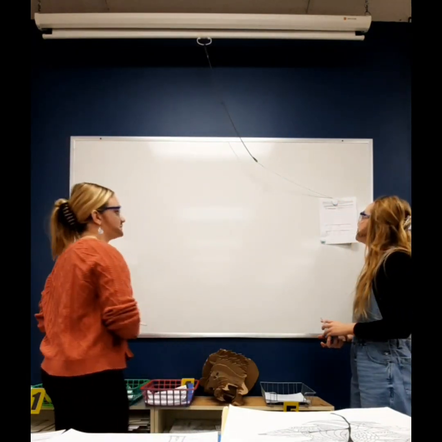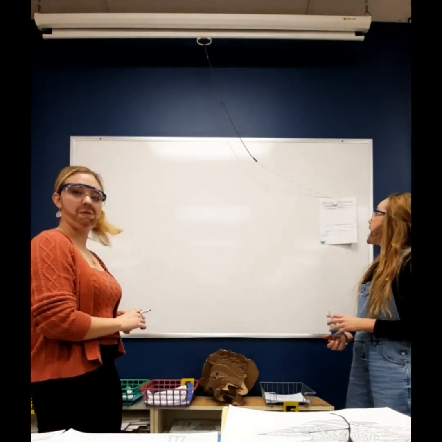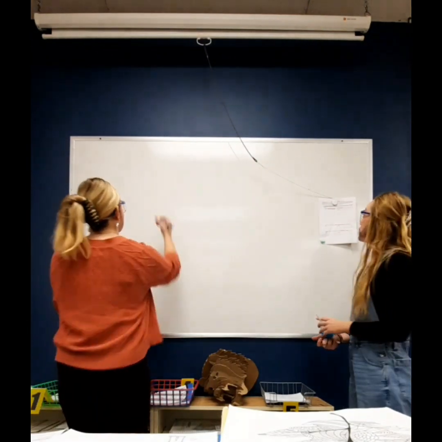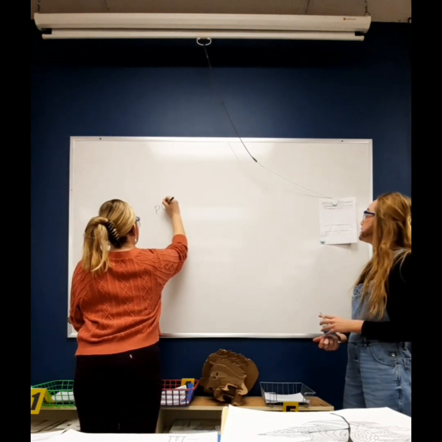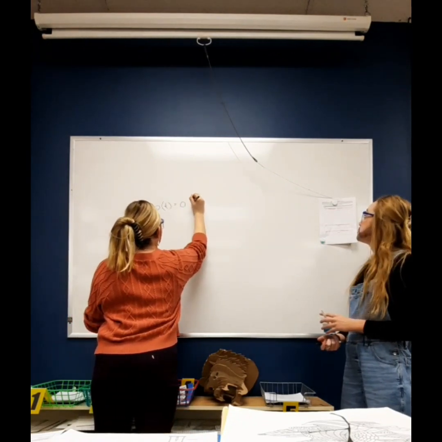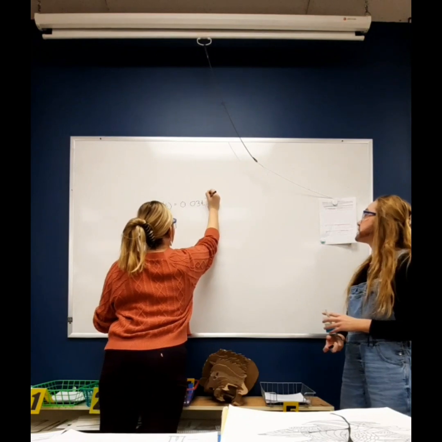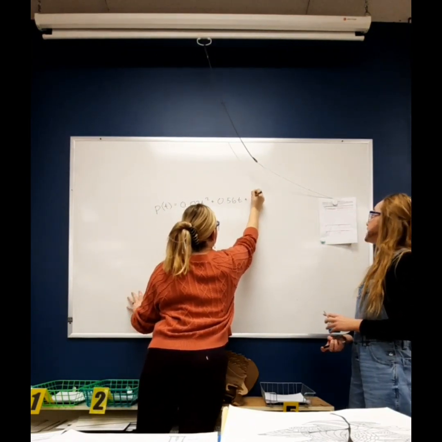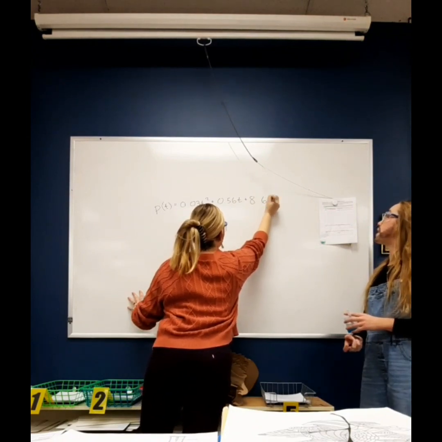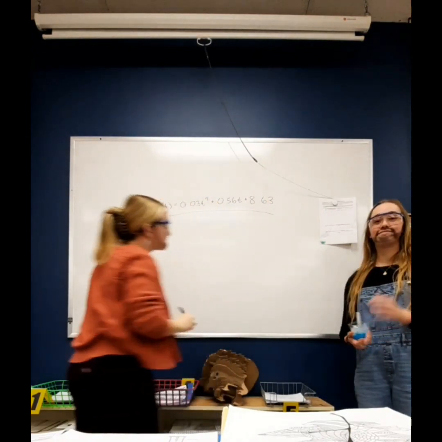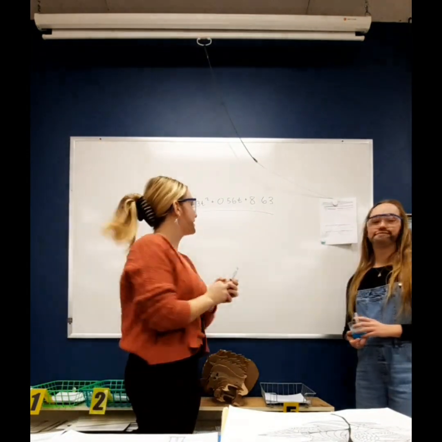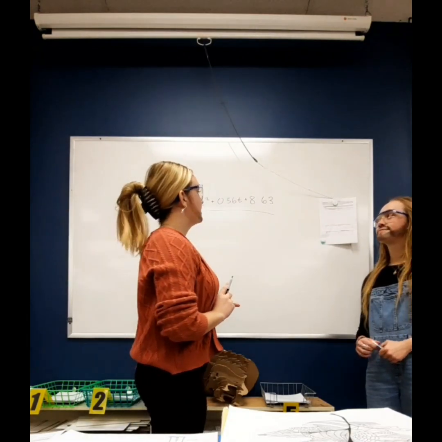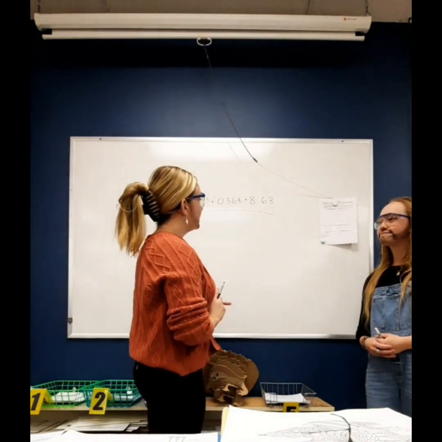So here's our problem. Major League Baseball has determined that the average price of a ticket to a game can be determined using the formula P of T equals 0.03 T squared plus 0.56 T plus 8.63, where T is the number of years since 1991 and P of T is the price of the ticket in dollars. The question asks us to use the definition of derivative as a difference quotient to find the instantaneous rate of change of P at the year